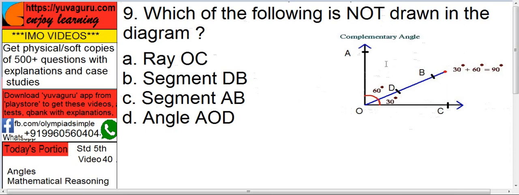Segment AB. AB. It's not there. And angle AOD. A, O and D. It's there. AOD is drawn. So C is the answer. We require which is not